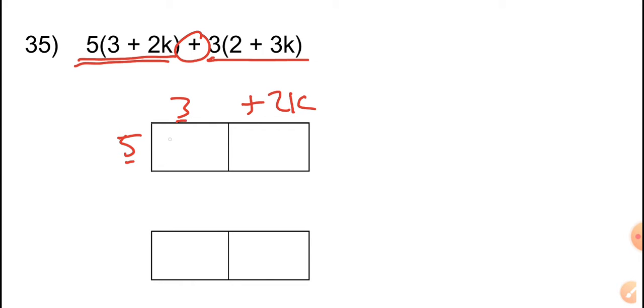So 5 times 3 is 15, and 5 times 2k is plus 10k. So when we expand this bracket, we get 15 plus 10k,